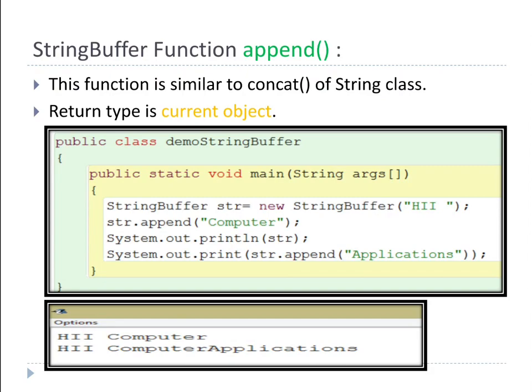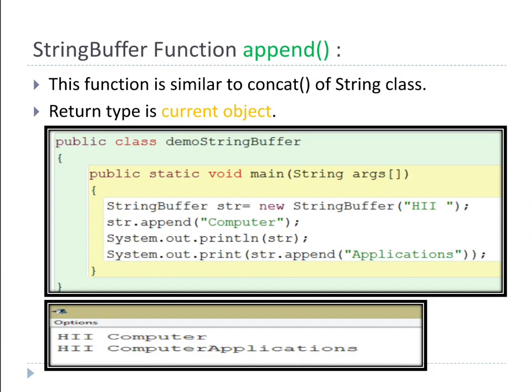But see, with hi I already provided a space, but in the case of computer and applications I did not provide a space. First str gets "hi " with a space, then str exceeds the limit of storing characters, and now str is having "hi computer". After that the limit of characters exceeds again, and again we are providing a few more characters, that is applications.